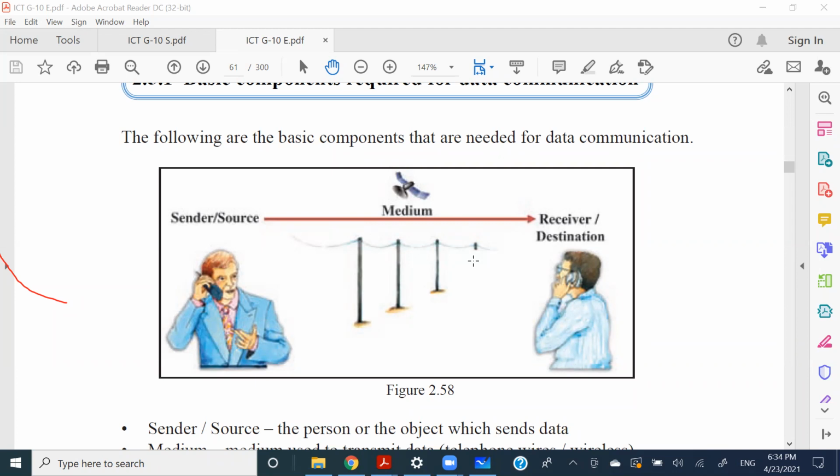Right? So as this picture describes, to do a data communication, there should be a data source, there should be a path to take that data from the source to the destination, right? And to do that, we definitely need a path as well as some rules